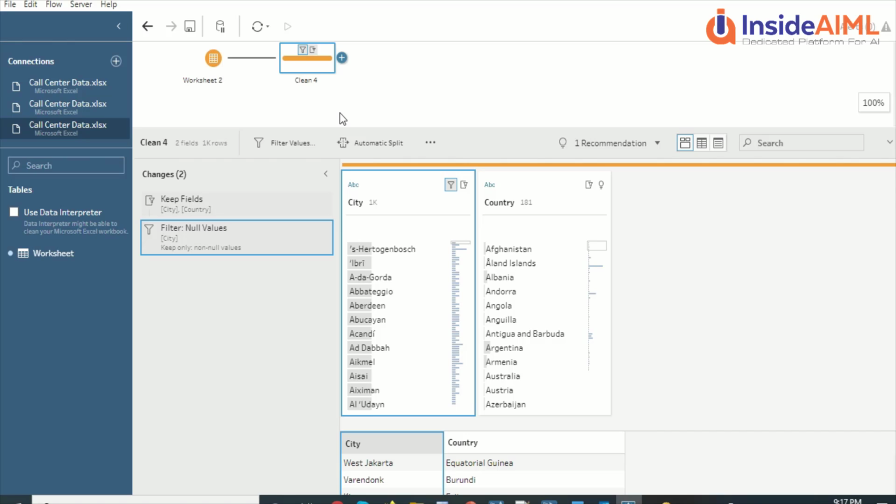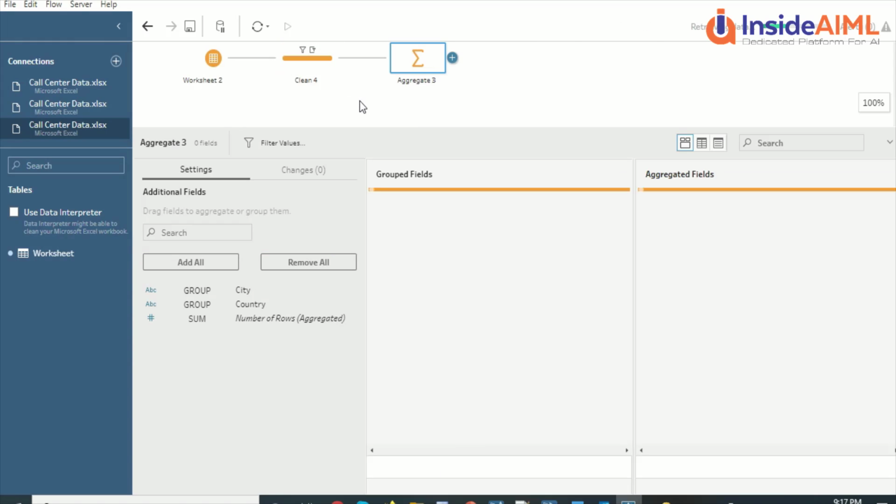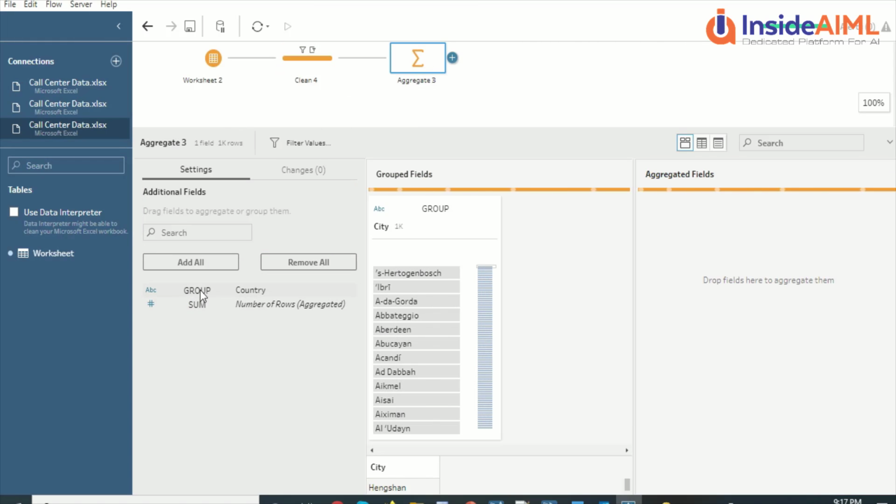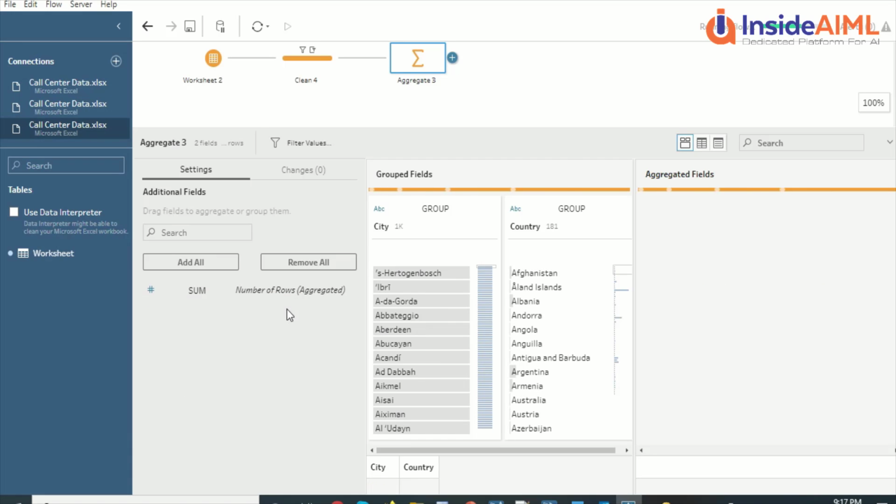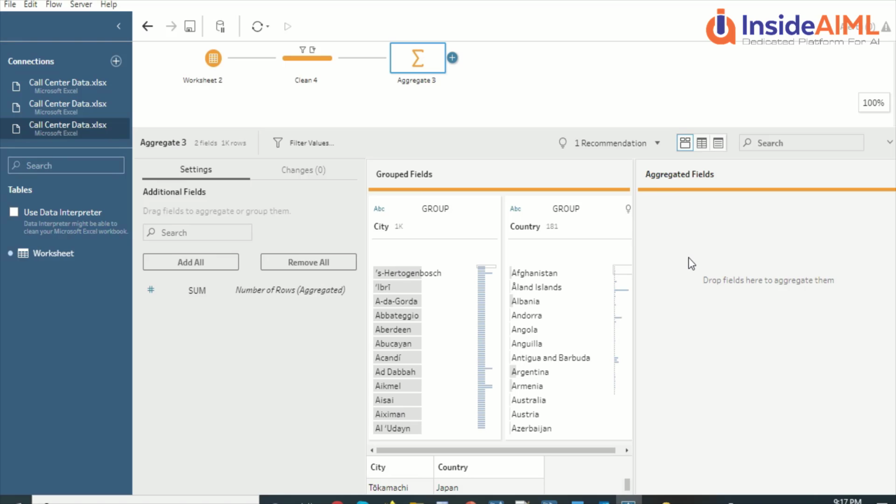So what we have done, we have taken the same worksheet. On the same worksheet, the second operation which we have done is, we have removed this one. Now I wanted to add one more column out here. Okay, before I add the column, let me aggregate it. So what I'm going to do is, I'm going to again group, so I can right click on the column and I say group. So both the things, I've added group, no aggregated column, nothing, I'm not adding it. So what we have done is, we have taken the data, we have separated out two columns, we have taken out city, country, we have aggregated it.